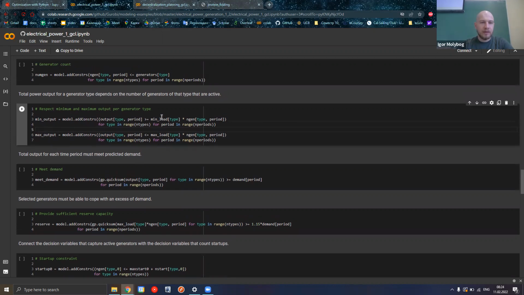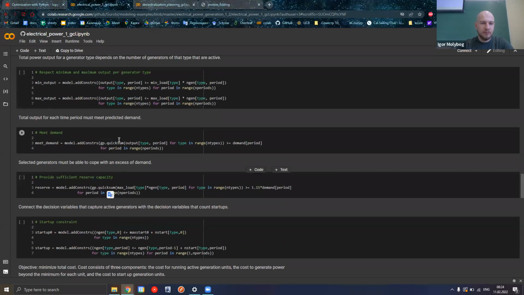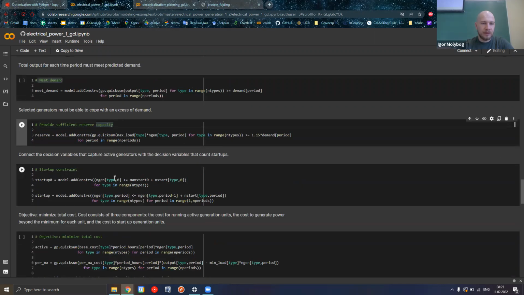So this is implementing this couple of constraints. Then the constraint that makes sure that we are meeting the demand and providing the sufficient reserve capacity. And then the startup constraint